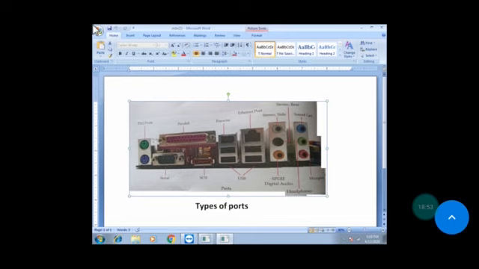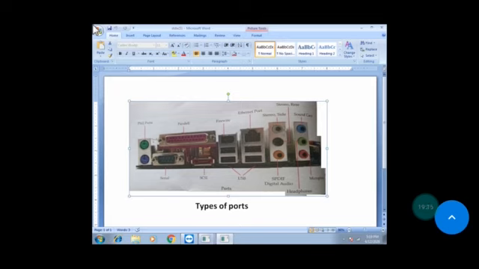USB ports, connecting all types of external USB devices: external hard disk, printer, scanner, mouse, keyboard, joystick, etc. Next one, modem port. You can see the modem port, connecting the modem to the telephone network.